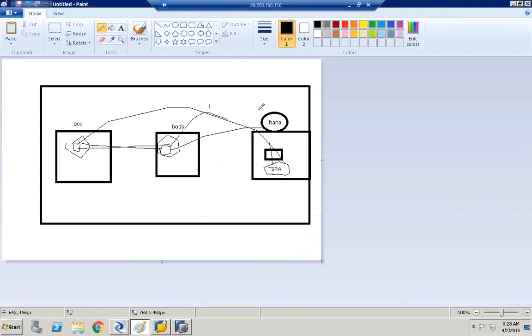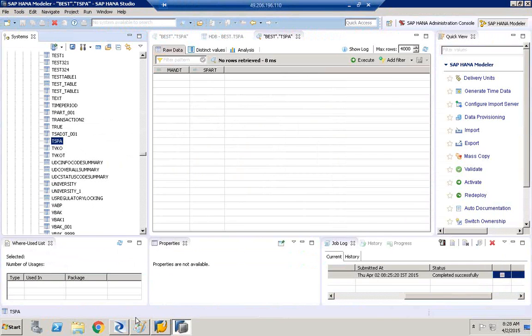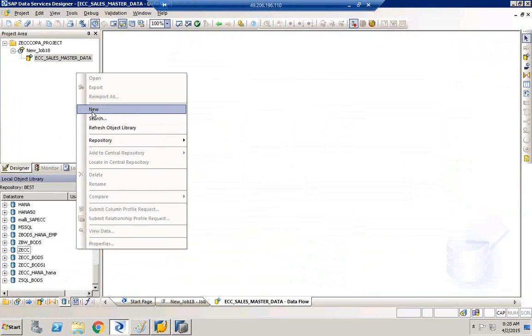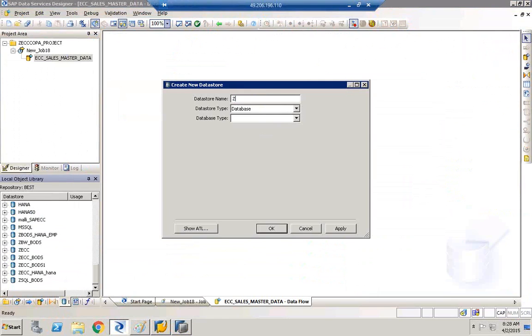We need to import TSPA back to BODS. In order to import from HANA to BODS, in here we have ZECC. In a similar fashion, we need to have one more data store, ZHANA,